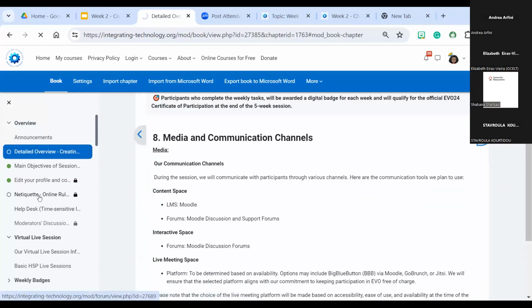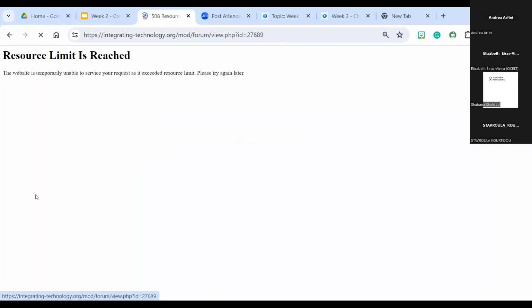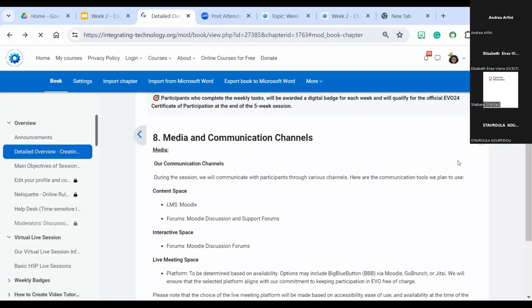For example, the other ones show green, so they're done. The netiquette forum is not completed because we are moderators, okay? But as soon as you post and we grade your post and answer, you will see that as a green circle. So you just keep going at that until the end.